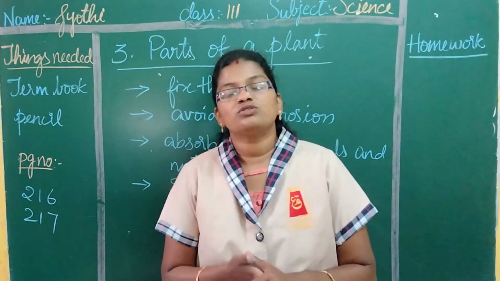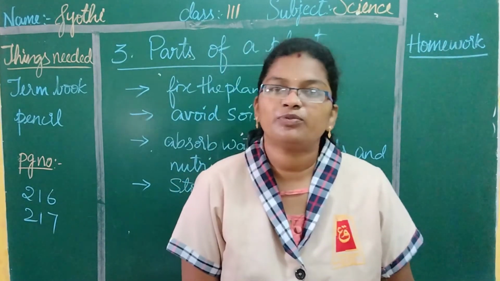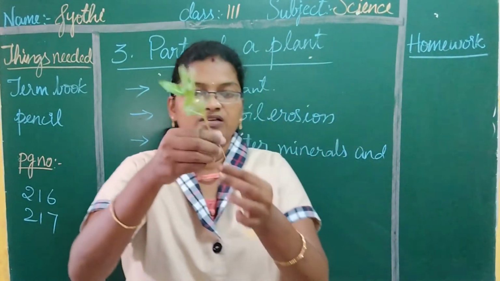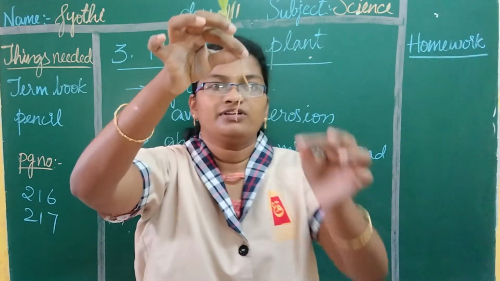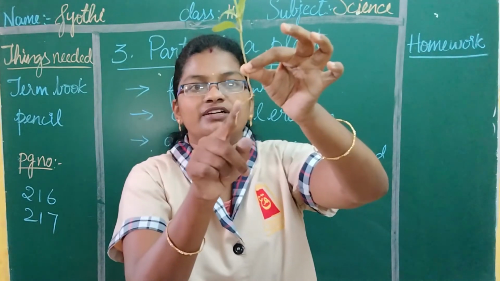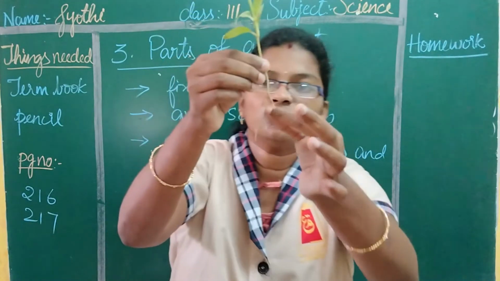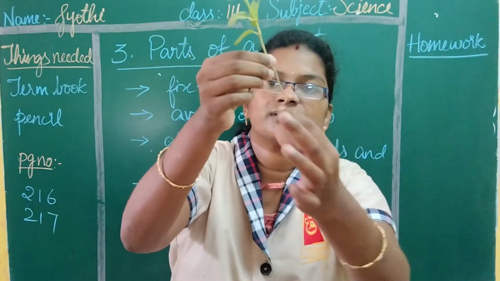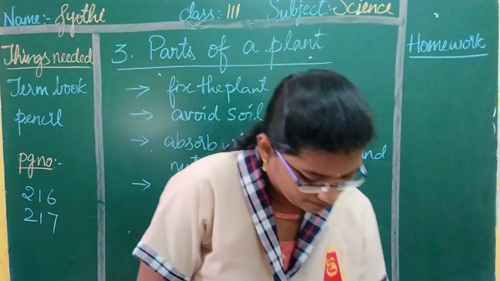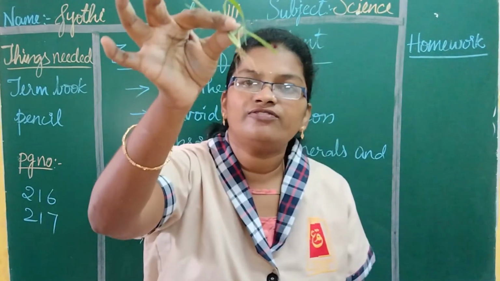And if you see, these roots are of 2 types, that is taproot and fibrous root. So what are they? Taproot and fibrous root. I will show you taproot. This is the example of taproot. What is taproot? If you see here, there will be a big root here. And for this root, again small lateral roots are going to arise. So this is the example of taproot, and this is the example of fibrous root.